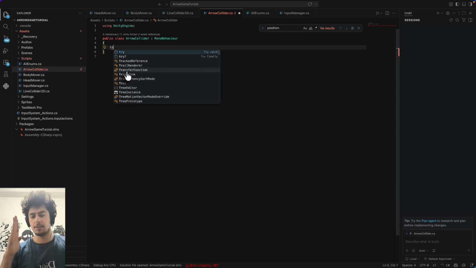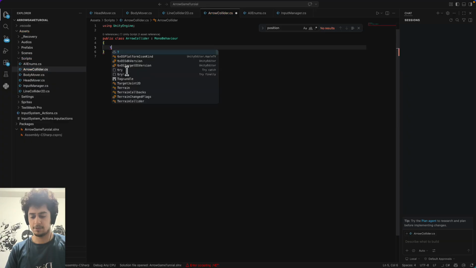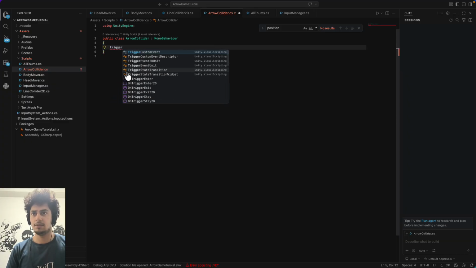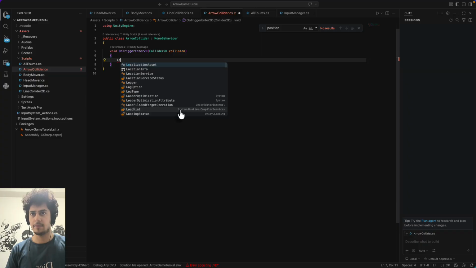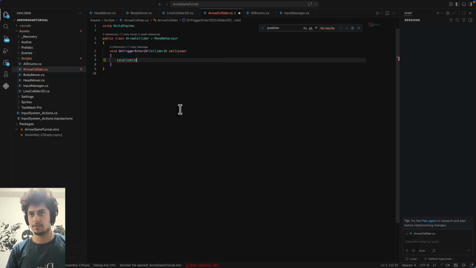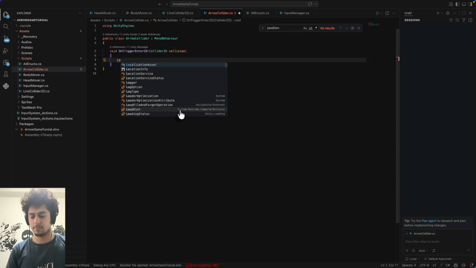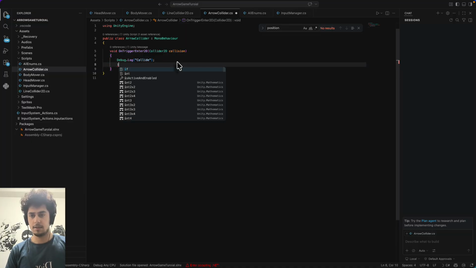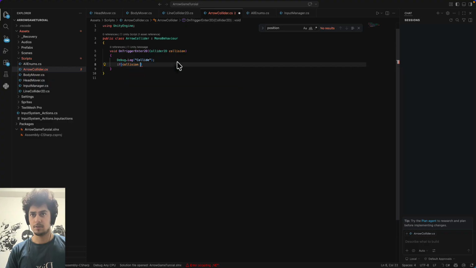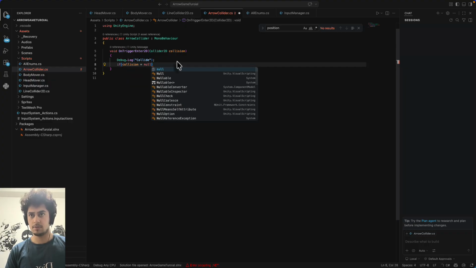So we can come here, and because both of them were trigger, what is the difference between trigger and collider? Collider, when they hit, they go back. Trigger, they just know they hit it and go through. So we can check on trigger enter 2D, and it passes us the collision that we detected in our pass. So first we can log if we hit something, we can go log and go collide. So we hit something, and I'm going to say if collision was equal to null, return,